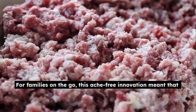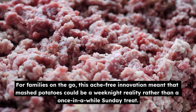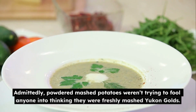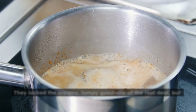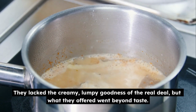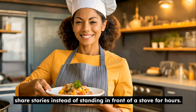true. For families on the go, this ache-free innovation meant that mashed potatoes could be a weeknight reality rather than a once-in-a-while Sunday treat. Admittedly, powdered mashed potatoes weren't trying to fool anyone into thinking they were freshly mashed Yukon Golds. They lacked the creamy, lumpy goodness of the real deal, but what they offered went beyond taste. They meant more time to sit at the table, laugh, share stories, instead of standing in front of a stove